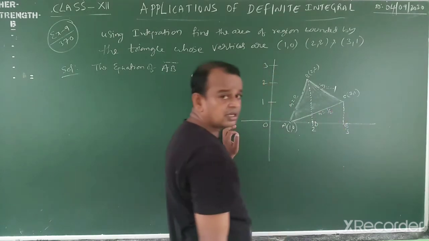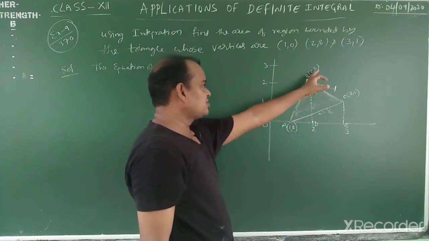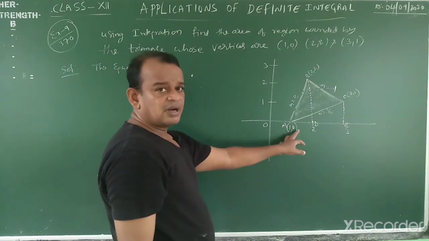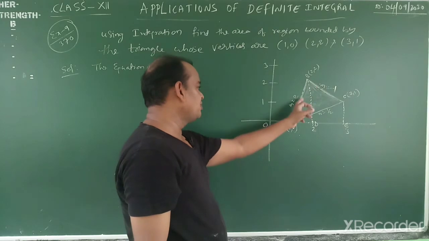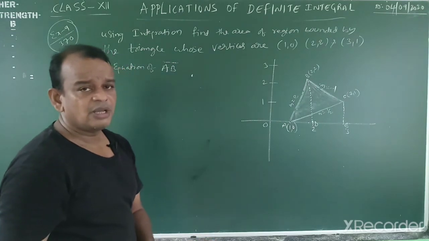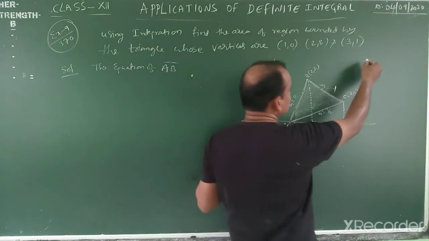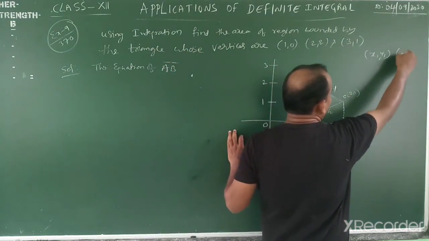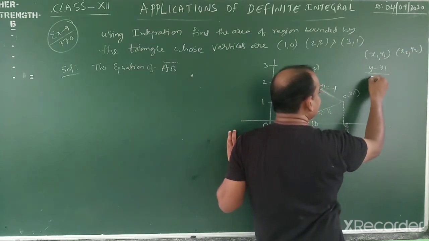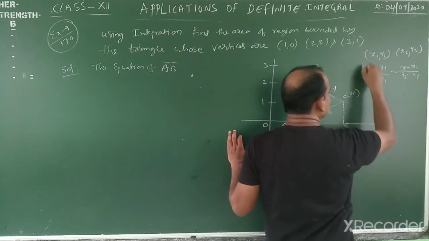Okay, my dear students, now write down the formula. For the equation of AB, this is x1 y1, this is x2 y2. y minus y1 is equal to m into x minus x1, passing through A and having the slope 2. Since the slope is already found, no need of the other one. Otherwise, the two-point formula: y minus y1 is equal to y2 minus y1 by x2 minus x1 into x minus x1. This is also the equation in two-point form, with points x1 y1 and x2 y2. That is, y minus y1 by y2 minus y1 is equal to x minus x1 by x2 minus x1. You can apply this easily.